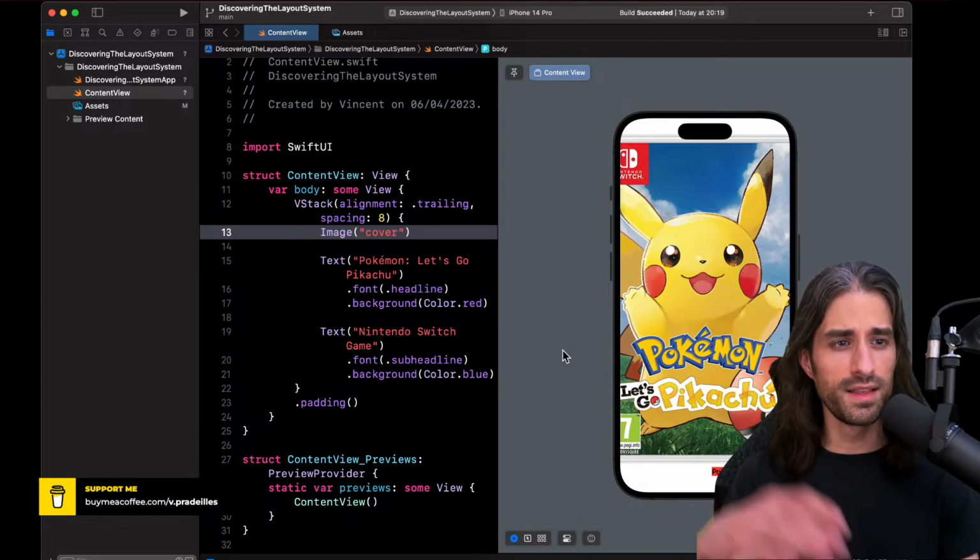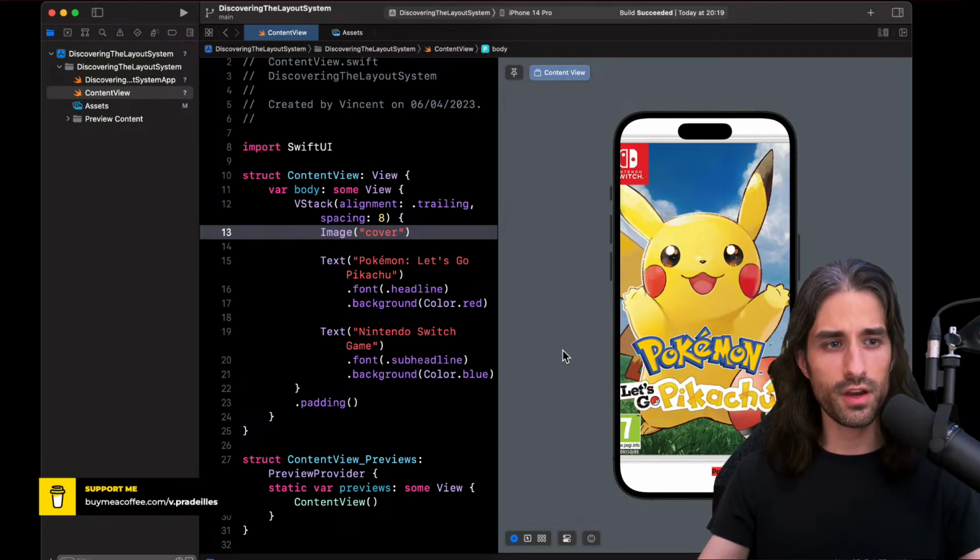the screen. That's because by default, an image in SwiftUI will try to render at 100% zoom. So basically, you give it an image of 800 pixels, it will try to display 800 pixels on the screen, regardless of whether there is space available in the view in which we display it or not.